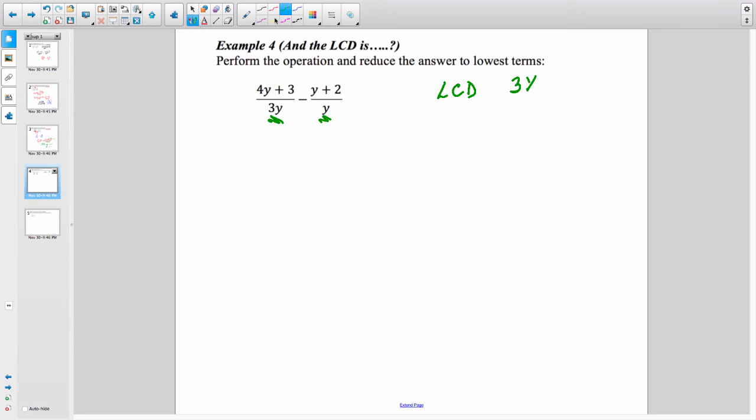So it's a common factor to both of them, and it's the smallest one I can find. So that's why they call it the lowest common denominator. Now we have to do some cleaning up here though. They certainly don't have 3 y's. This one needs to be changed. So how do I make this y into 3y? I would multiply top and bottom of that fraction by 3. And that will take care of it. So what we'll have now is 4y plus 3 over 3y, subtract, distribute right there,